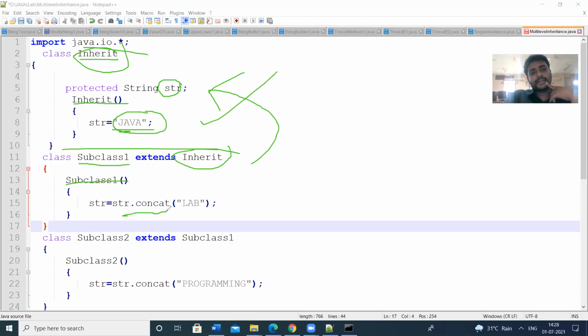Here I am going to concatenate Java with lab. In the first class str holds the value Java. After concatenation str holds the value Java lab.